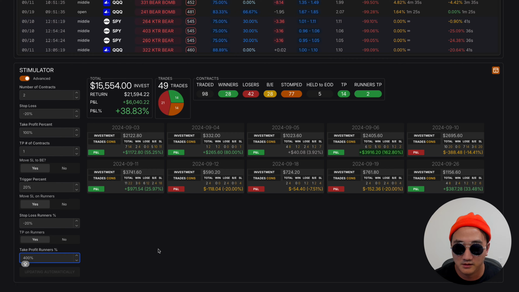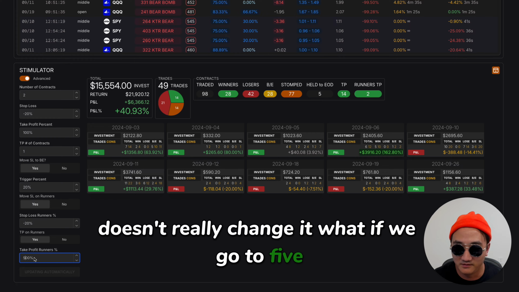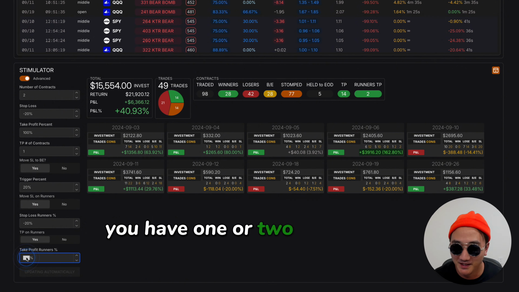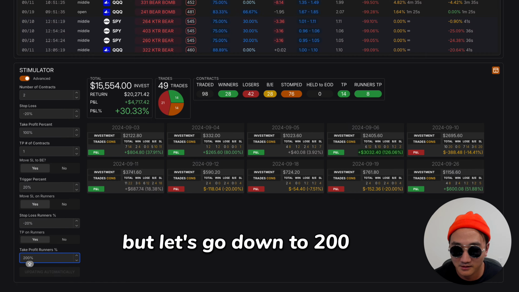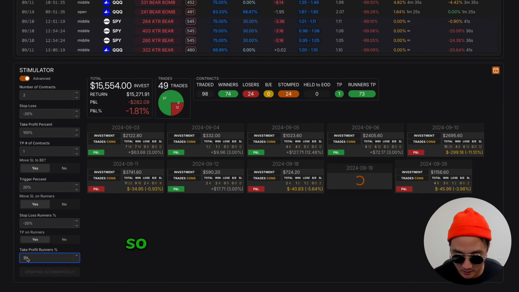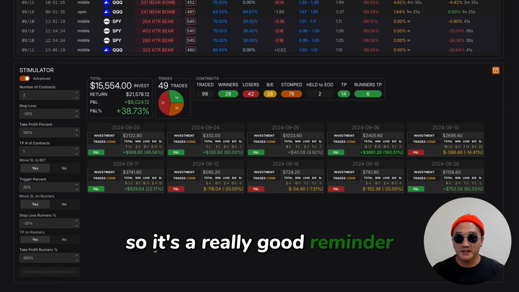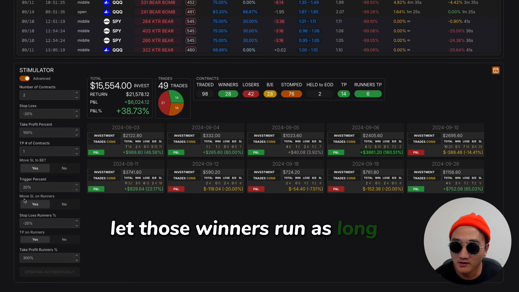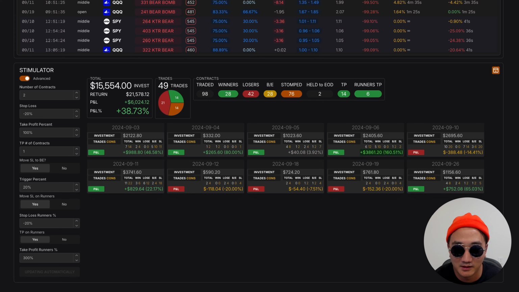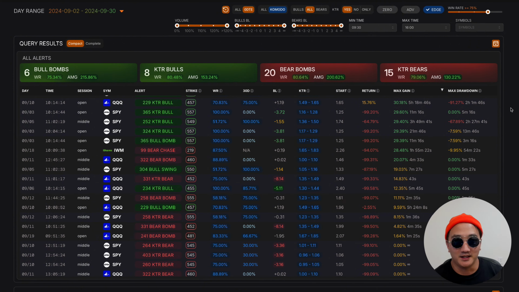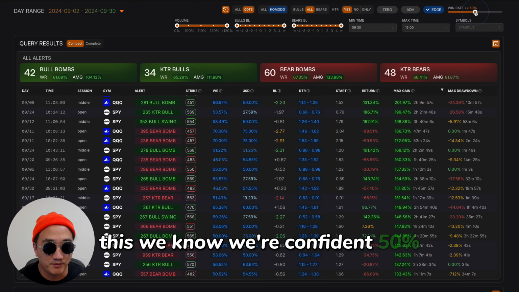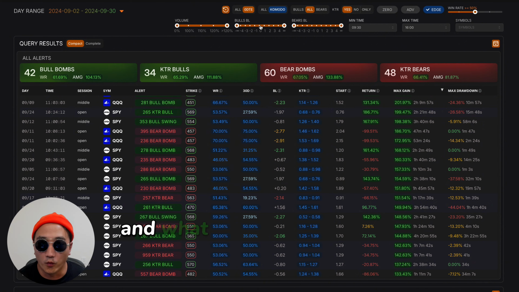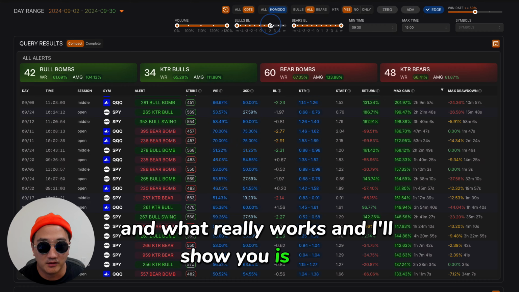What if we go to 4? Doesn't really change it. What if we go to 5? You have 1 or 2 that moved up, but let's go down to 200. 30%. So it's a really good reminder: let those winners run as long as possible. The other thing we like to look at here, and everything else we've been doing live, this we know we're confident. 50%. And what really worked, and we'll show you, is bulls